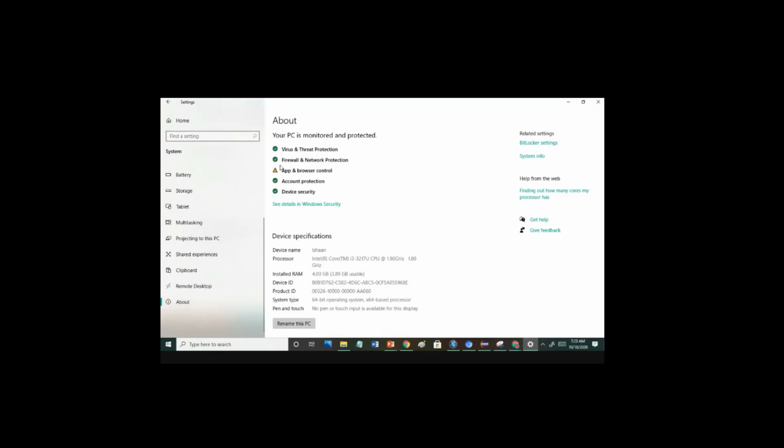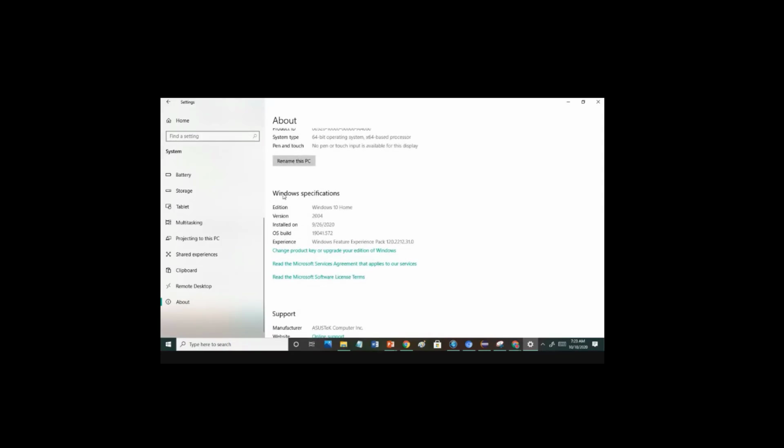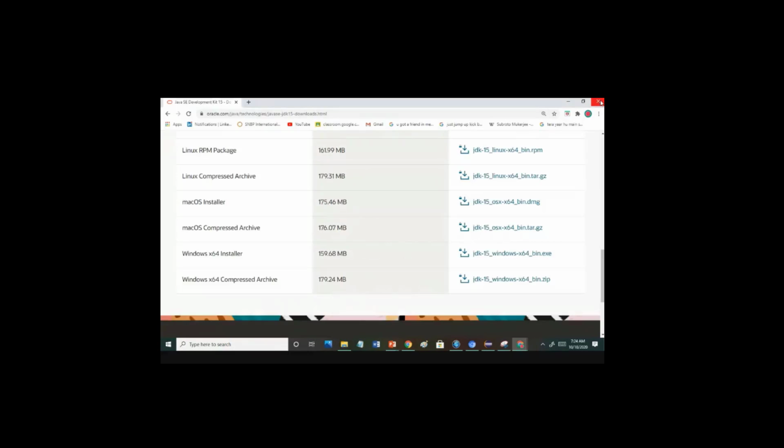Here you will find all about your PC. You go to the Windows specification and there you see Windows 10. Mostly you all have Windows 10, but I just wanted to confirm. So this is the way you can find out your Windows specification. Okay, and also whether you have 64-bit or not, that is very important.